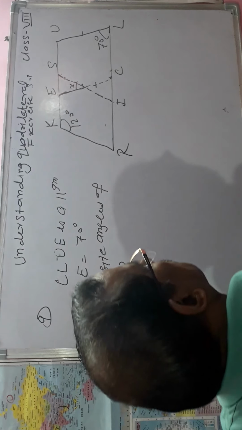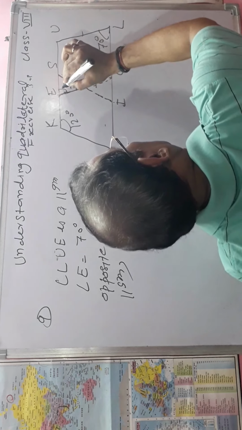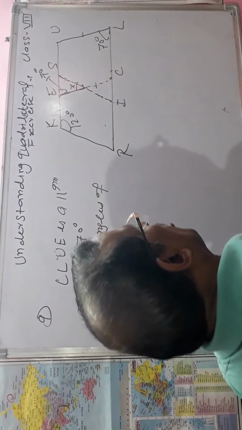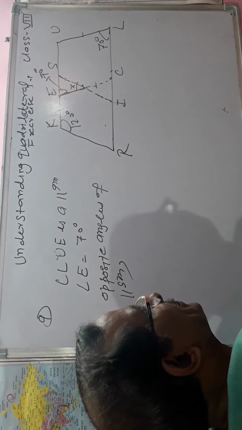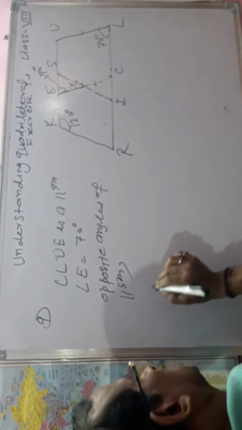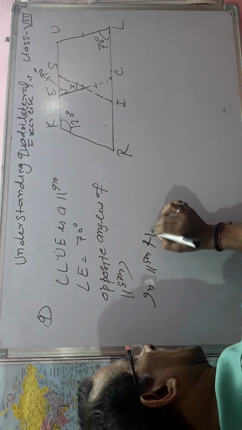So this angle is equal to 70 degree. Now in parallelogram RISK,